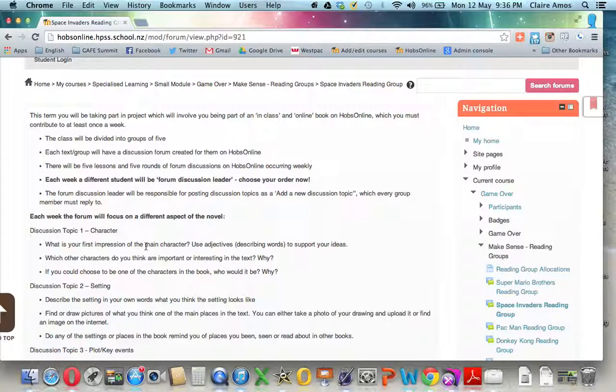You'll see that there's 3 bullet points that go under character. You might choose to post these all up as one topic, but I'd probably suggest you post them up as 3 different topics. So these topics all need to be discussed in the coming week on that forum. So you'll be given some time in class today, but then you will also be expected to continue the conversation